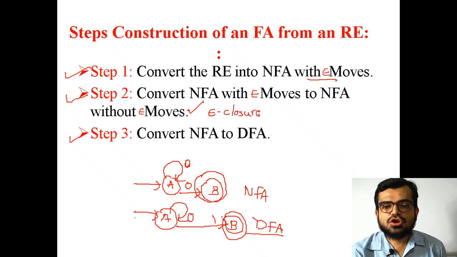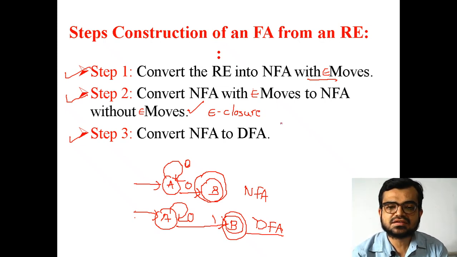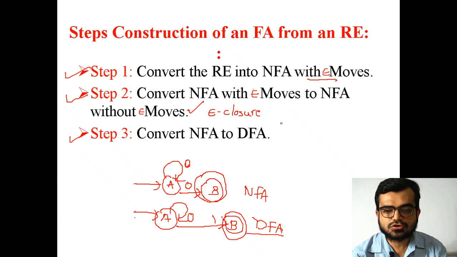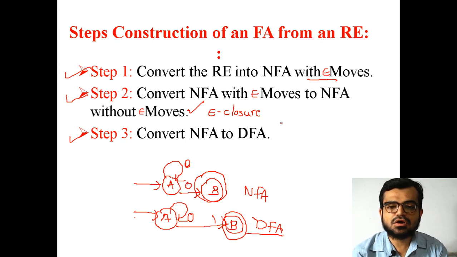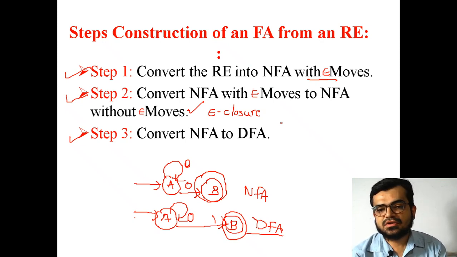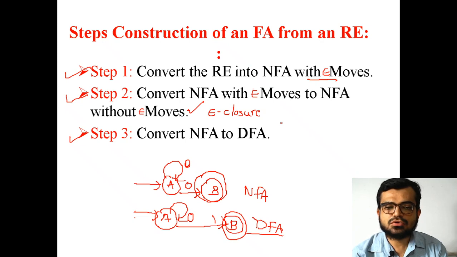Okay. So anyhow, this is not something we are discussing in complete detail on automata, as this is just a small topic of your first unit. So I am not going into much more depth on epsilon closure, but you can also directly convert a regular expression into an NFA, with epsilon moves or without epsilon moves. With epsilon moves to without epsilon moves you can also convert, like I will show you here.